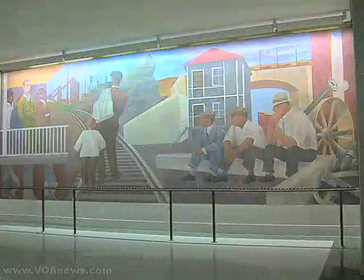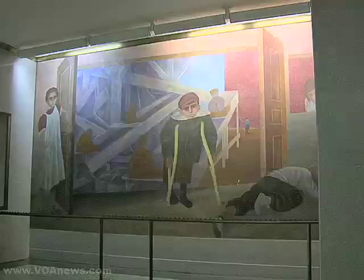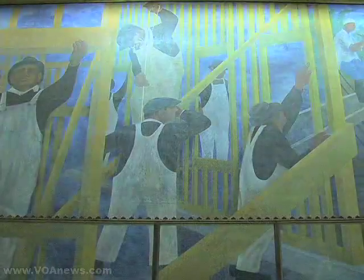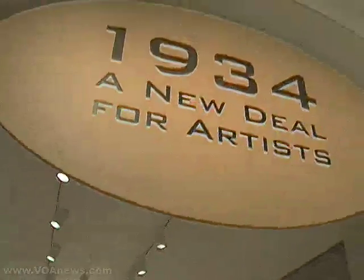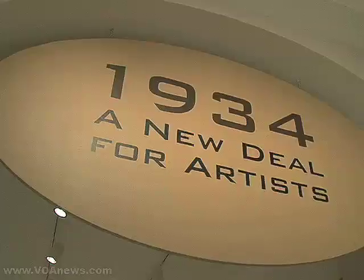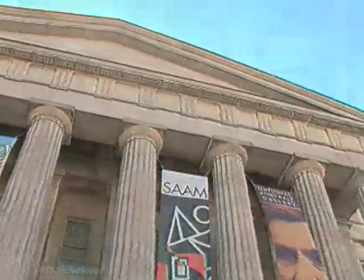Visit the headquarters of the Voice of America in Washington, and you'll see murals painted by the famous 20th century artist Ben Shahn. It's one of many arts projects funded by the U.S. government during the Great Depression. Paintings like these in the exhibit 1934, A New Deal for Artists, at the Smithsonian American Art Museum, were among